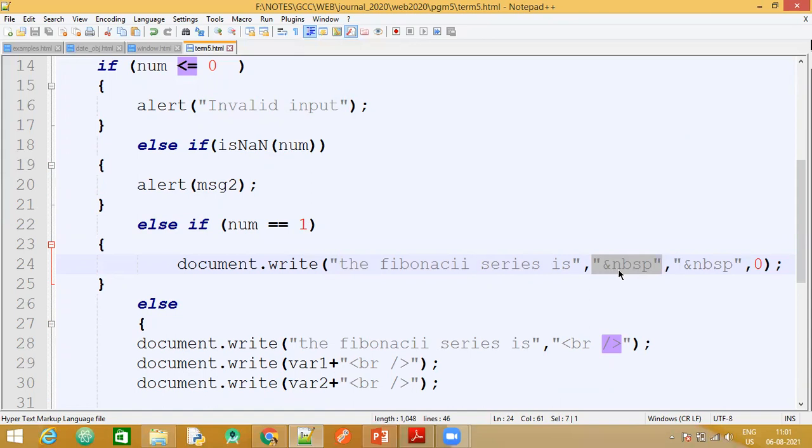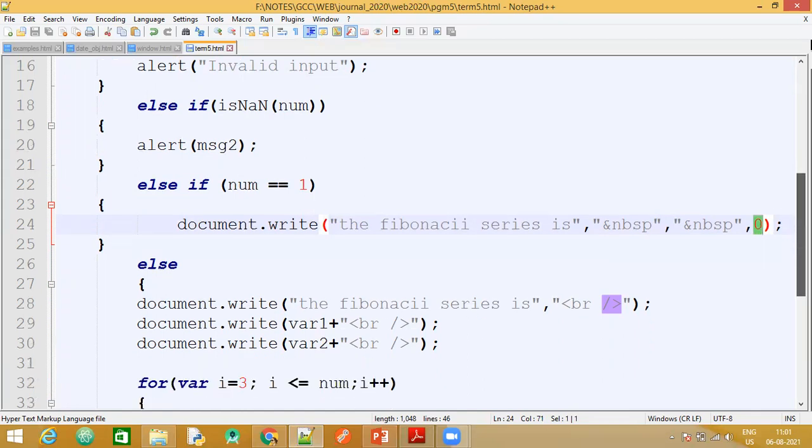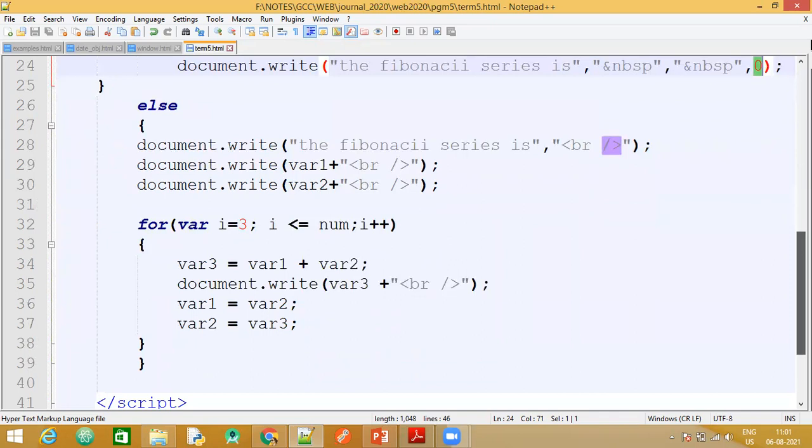Likewise, I need two spaces, so I have used two &nbsp;, then a comma. So whenever the user has entered the number as 1, we need to just generate one Fibonacci number, that is 0. Now, apart from this, if the user enters any other number, we are going to calculate the Fibonacci series.